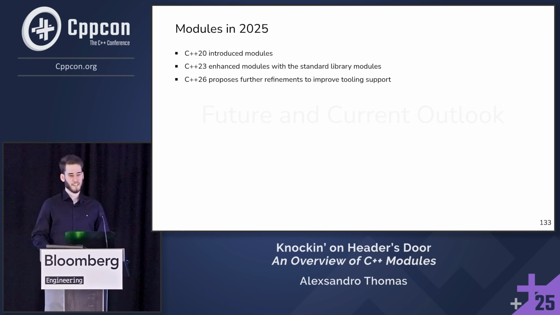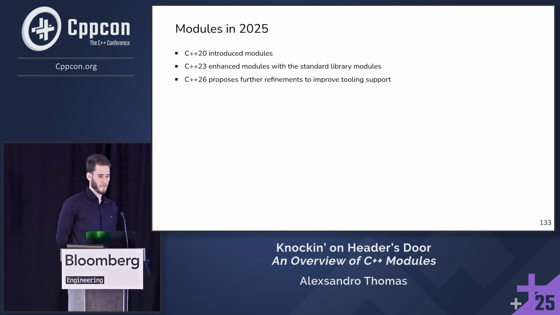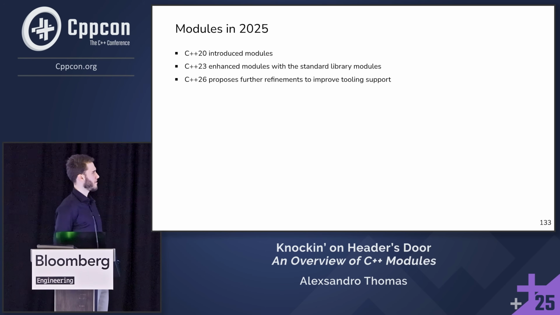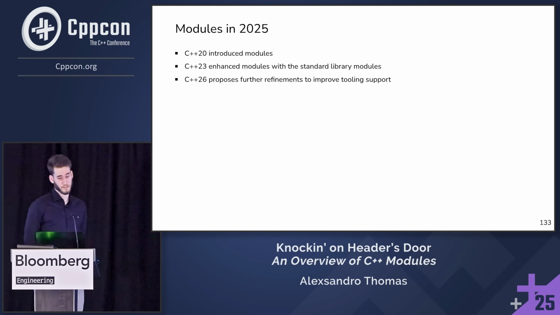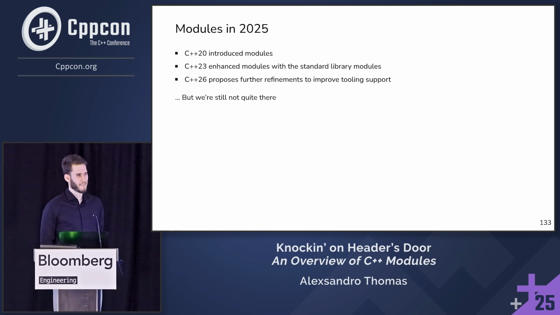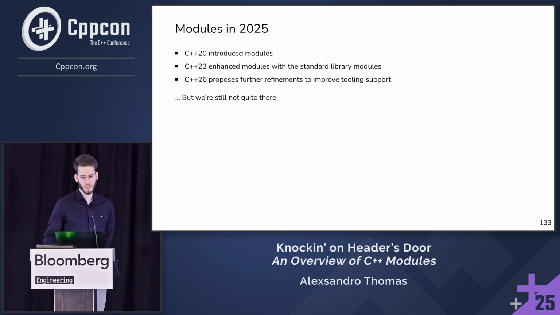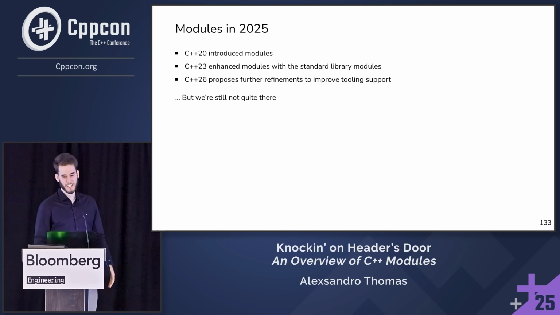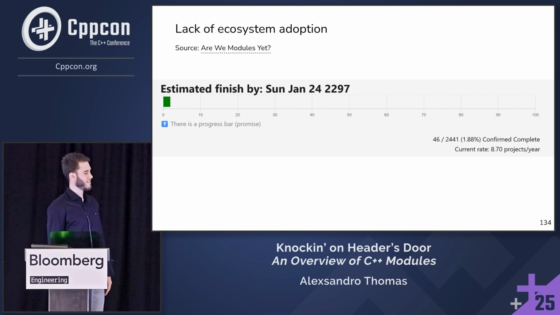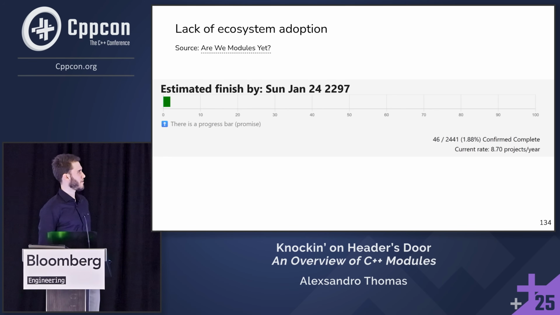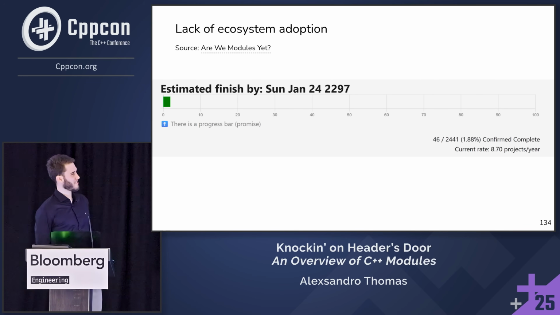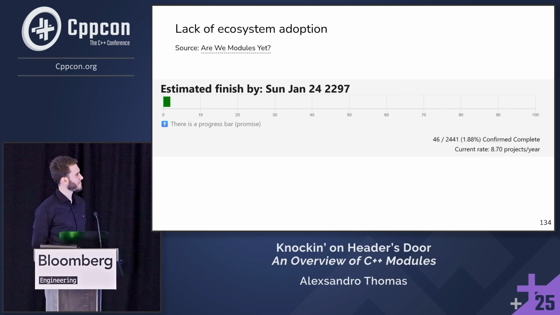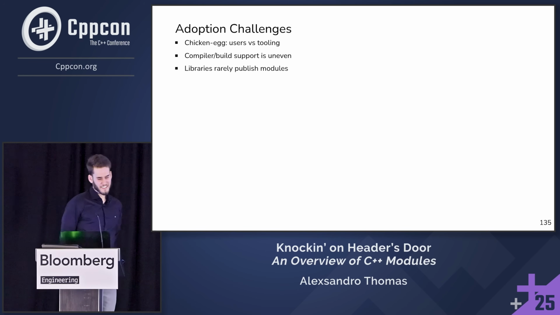So the current outlook is that we're in 2025. C++20 introduced modules, C++23 enhanced them with the standard library modules, and C++26 has further refinements to improve tooling support, which is great. But we're still not quite there. You don't really hear about many modules that get written by big libraries. And I feel like if we're talking about modules in a talk, it's mandatory to show this graph from Are We Modules Yet?, which shows that we might be finished porting all of the popular libraries by 2297, which is a little bit outside of my projected lifespan, but, well, that is a little bit of a chicken and egg